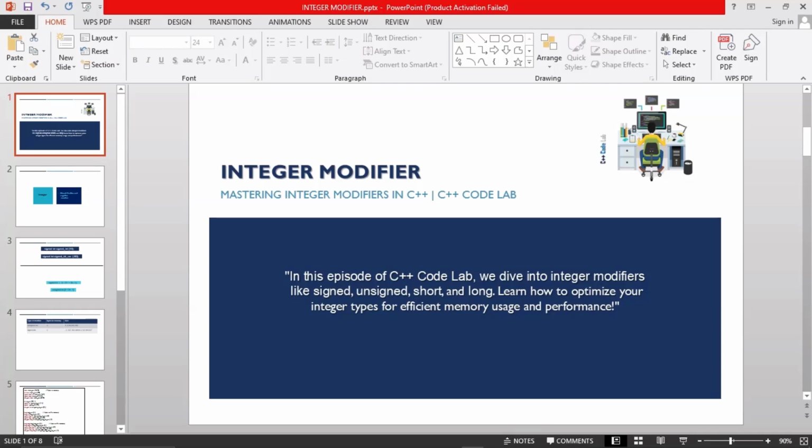So in today's lecture, we'll be talking about integer modifiers. In our last lecture, we actually treated integer. What we talked about is just very simple stuff, but I make it long so you guys can understand. So what we actually talked about is that integer